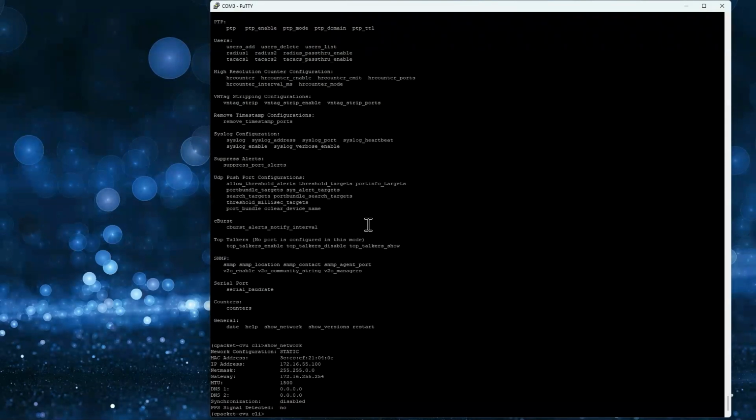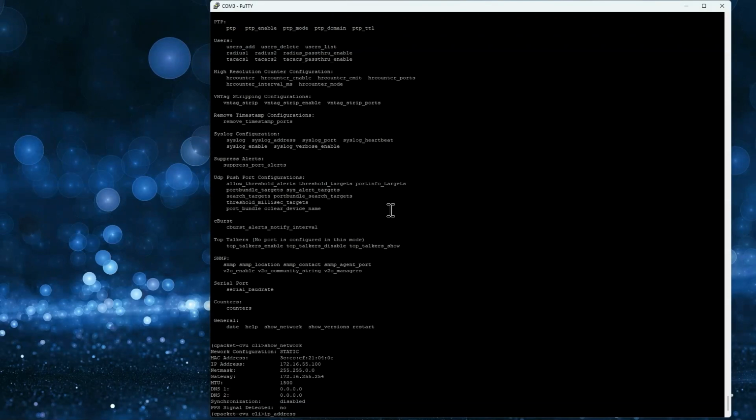So we can see here our IP address is 172.16.55.100. By default, it will be set to a static IP address. So you'll probably need to get the console up and running so you can do that. If you want to change that address now, we can do that very simply just by typing in the command